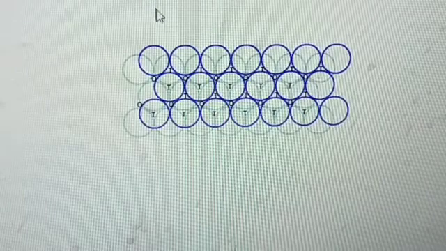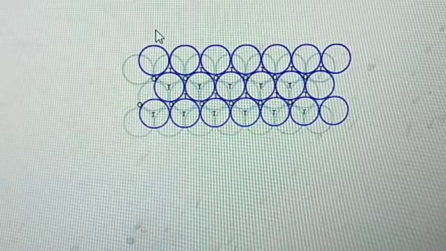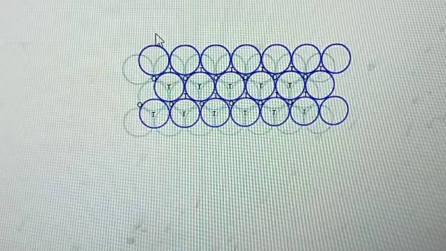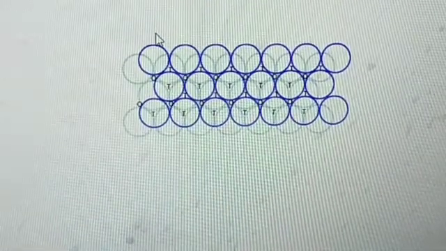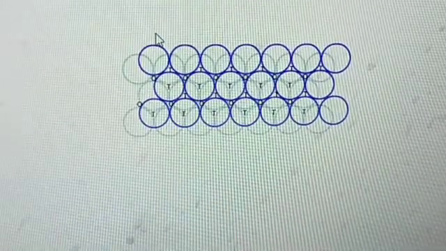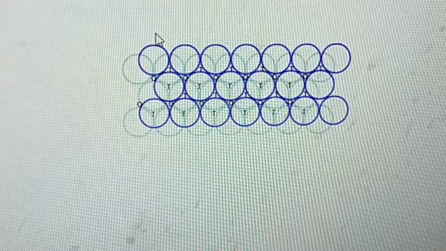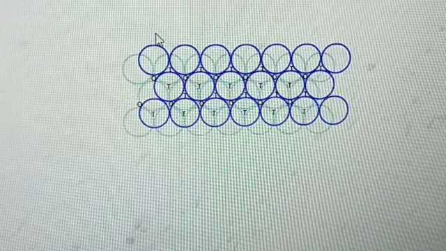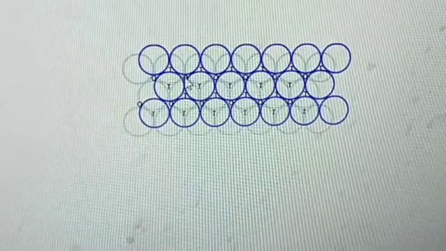And in some places the triangular voids in the second layer are above the triangular voids in the first layer. So then what happened? Those triangular shapes do not overlap at that position. When they do not overlap, what happened? One of them has the apex of the triangle pointing upwards and another one will be downwards. Then what happened? At that time octahedral voids will be formed.